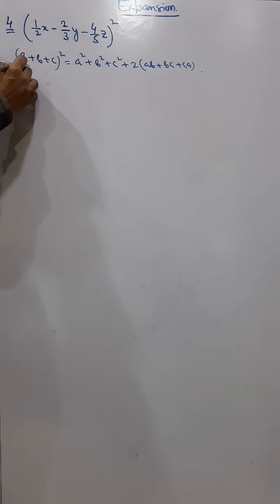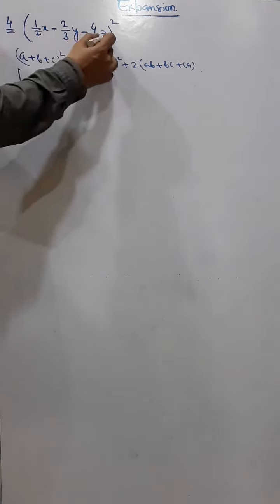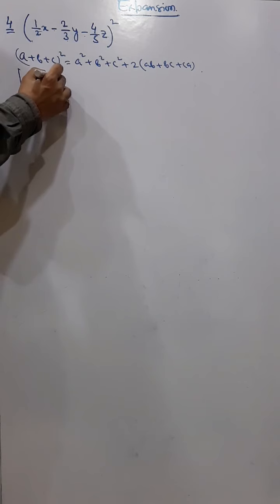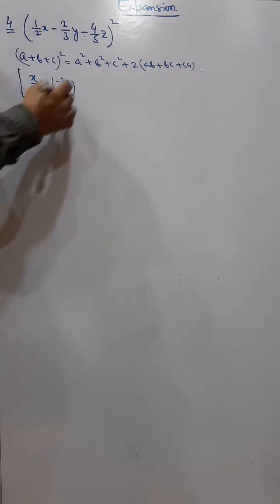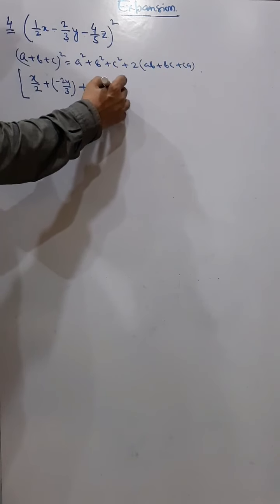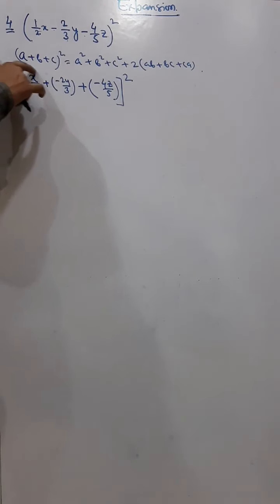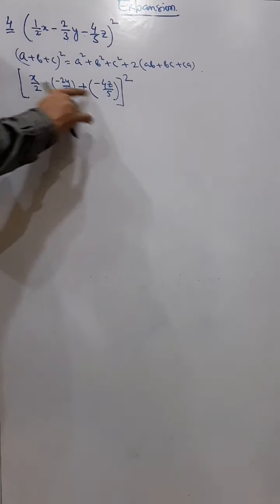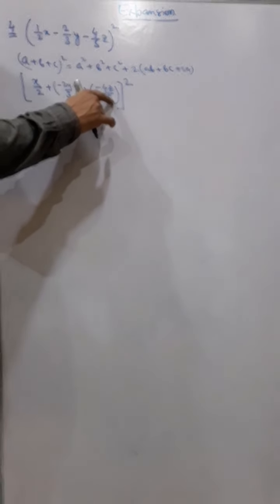So just see here, we can write this in this way. Say this is x by 2. We will write this sum in the form of plus. So how can we write x by 2? I can write plus here, and then in bracket I can write minus 2y by 3, right? Again we can write plus here, and then in bracket we can write what? Minus 4z by 5, and then whole square. Now we can understand it becomes a, this is the first term, a plus b plus c. So second term is this, third term is this. So actually b means minus 2y by 3, c means minus 4z by 5.